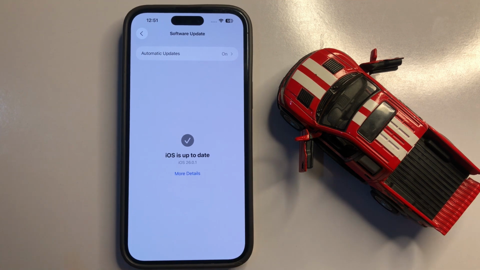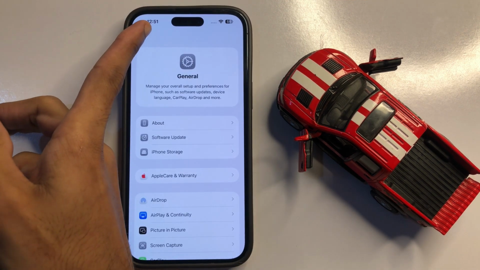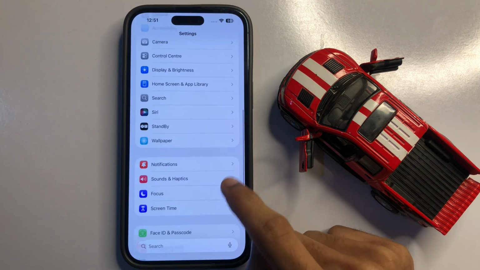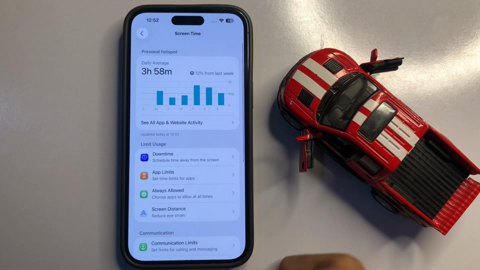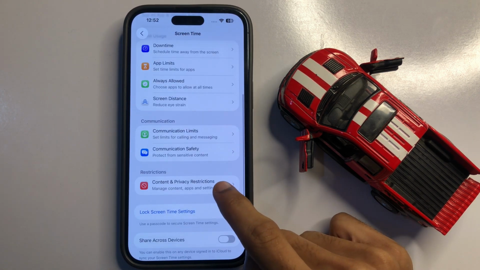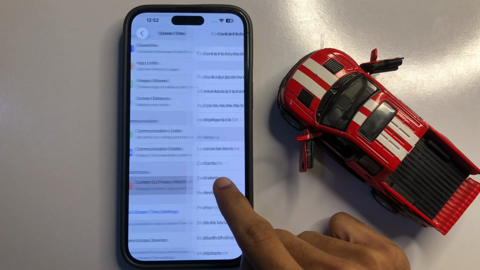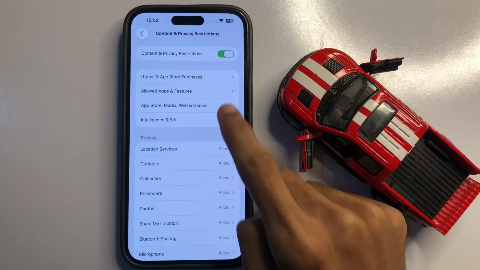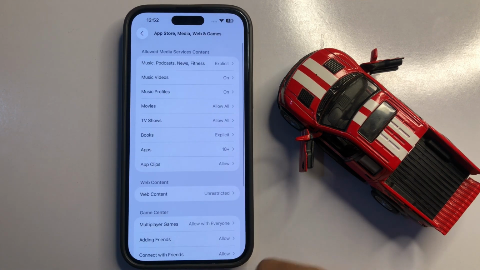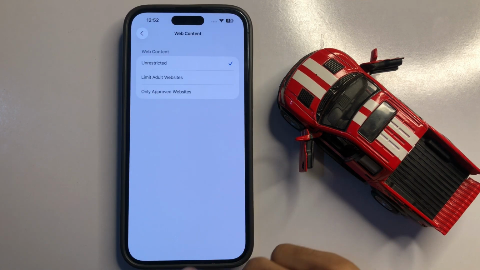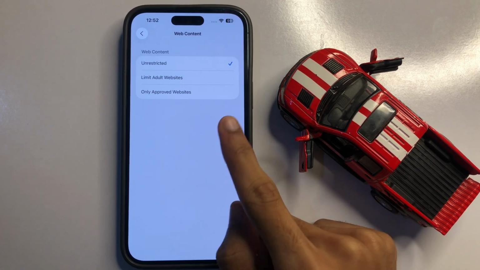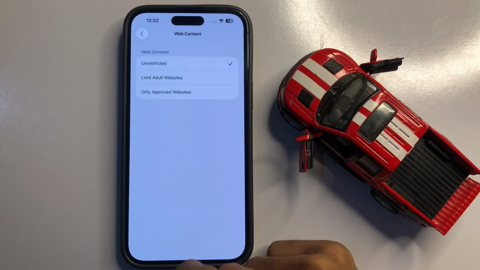So after the updating, go back to Settings. Now here scroll down, click on Screen Time. Now here scroll down, click on Content and Privacy Restrictions. Now here click on App Store, Media, Web and Games. Now here click on Web Content. So make sure you click on Unrestricted. So after clicking on Unrestricted, go back